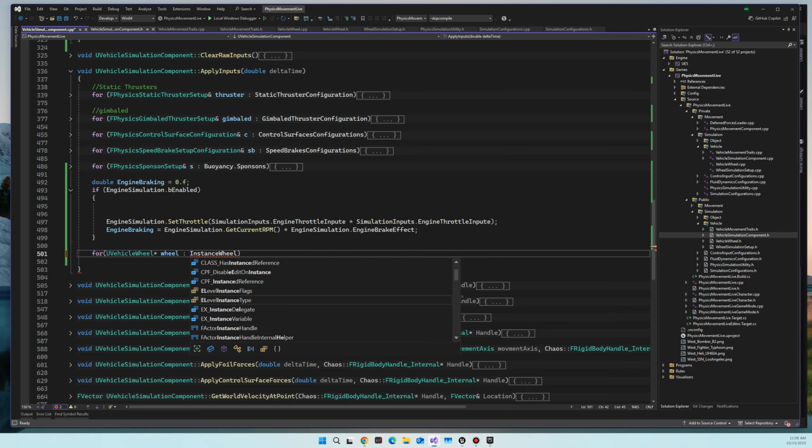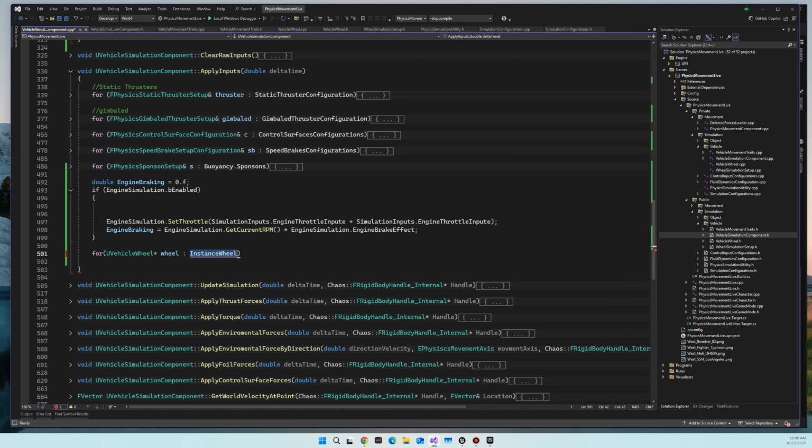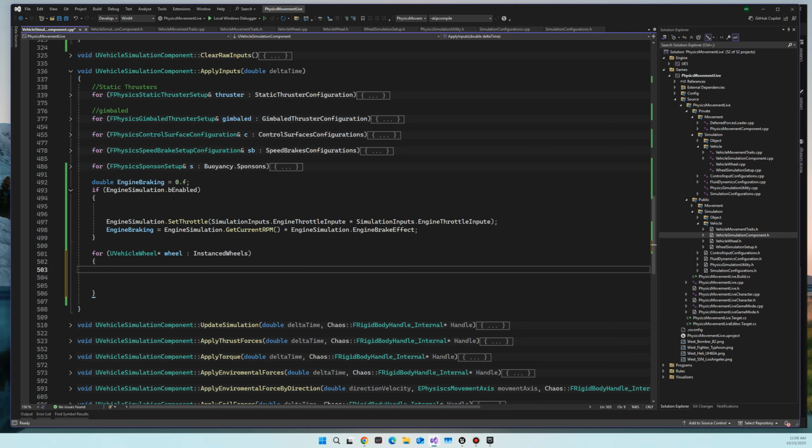Should be here. Let's just go grab it. Instanced wheel. So this is an array of pointers, so we're going to use the pointer notation for the wheel, and what